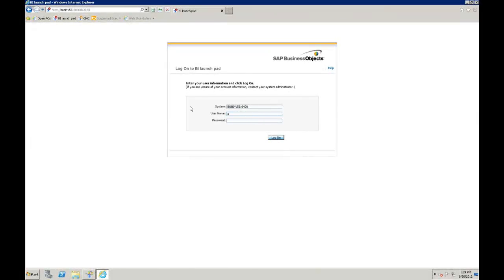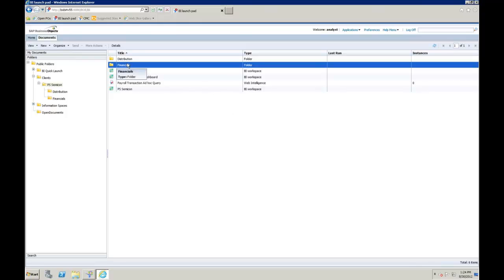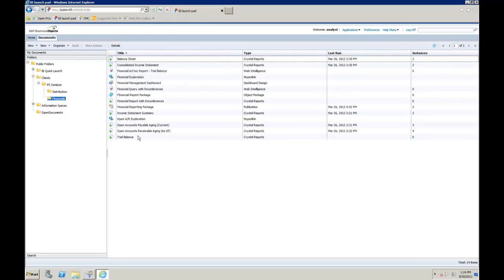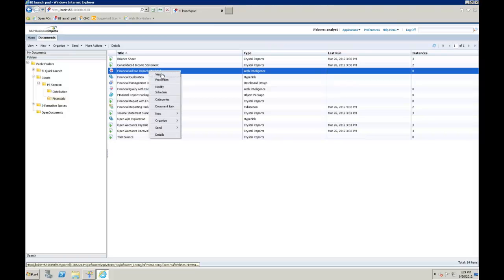And I'm going to log in here as an analyst. In this case, I'm going to navigate to the financial account folder. We're going to do a couple things here. First, I'm going to just open up an existing report that was maybe already created, and then we'll build a new report from scratch. So if I go ahead and right-click on this report and choose Modify,